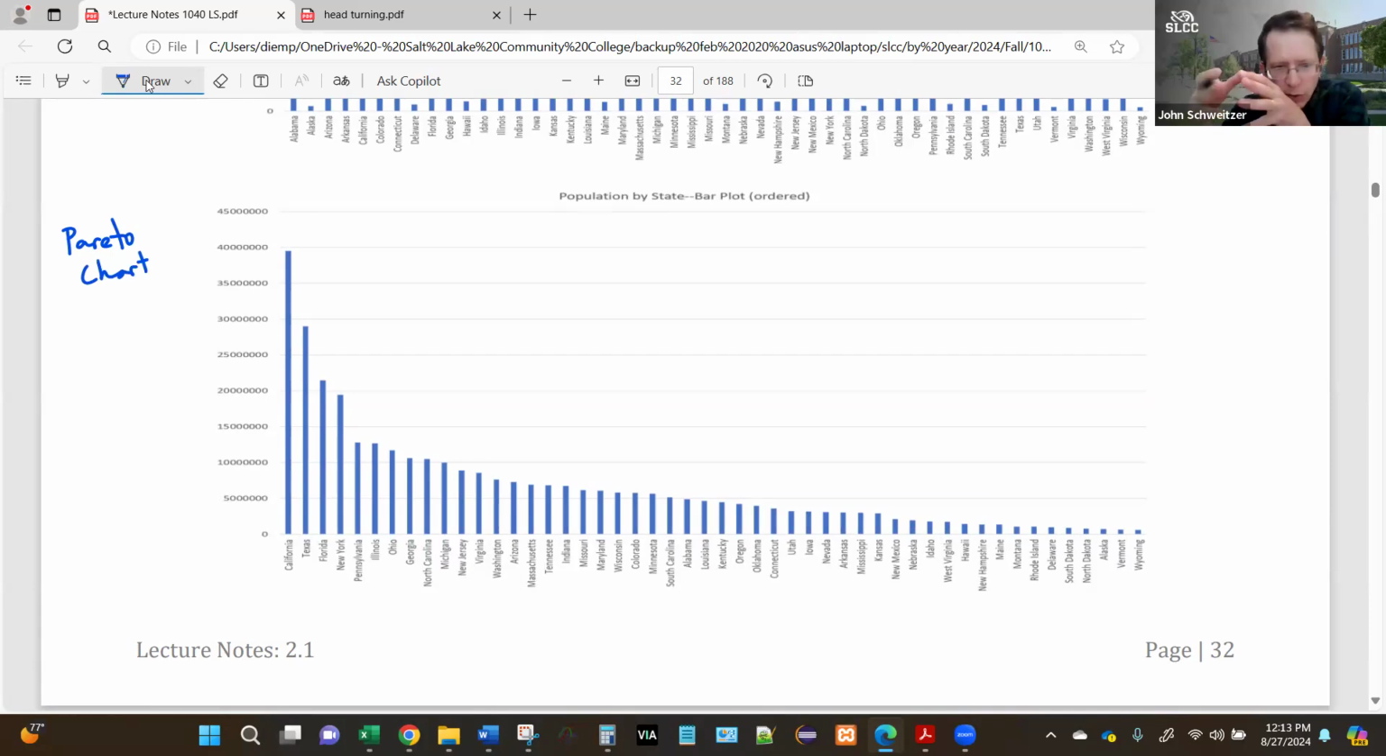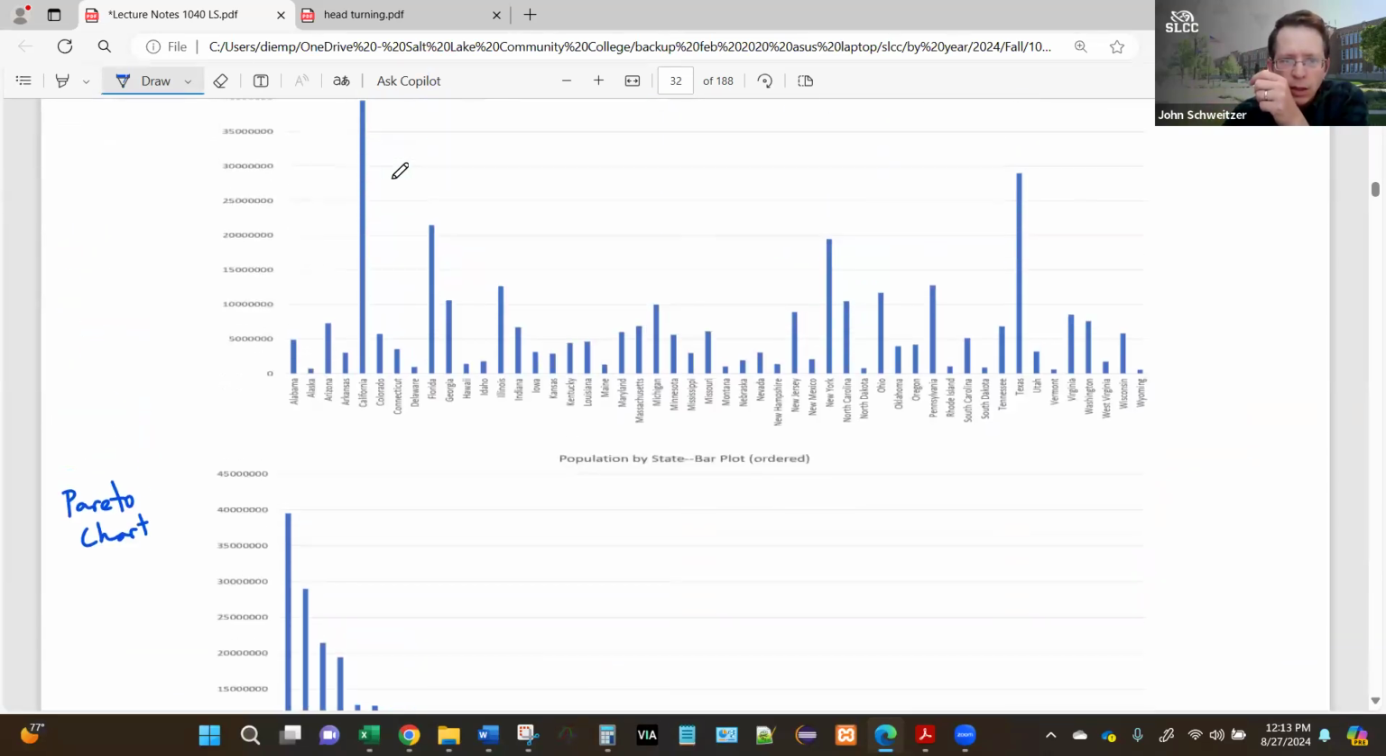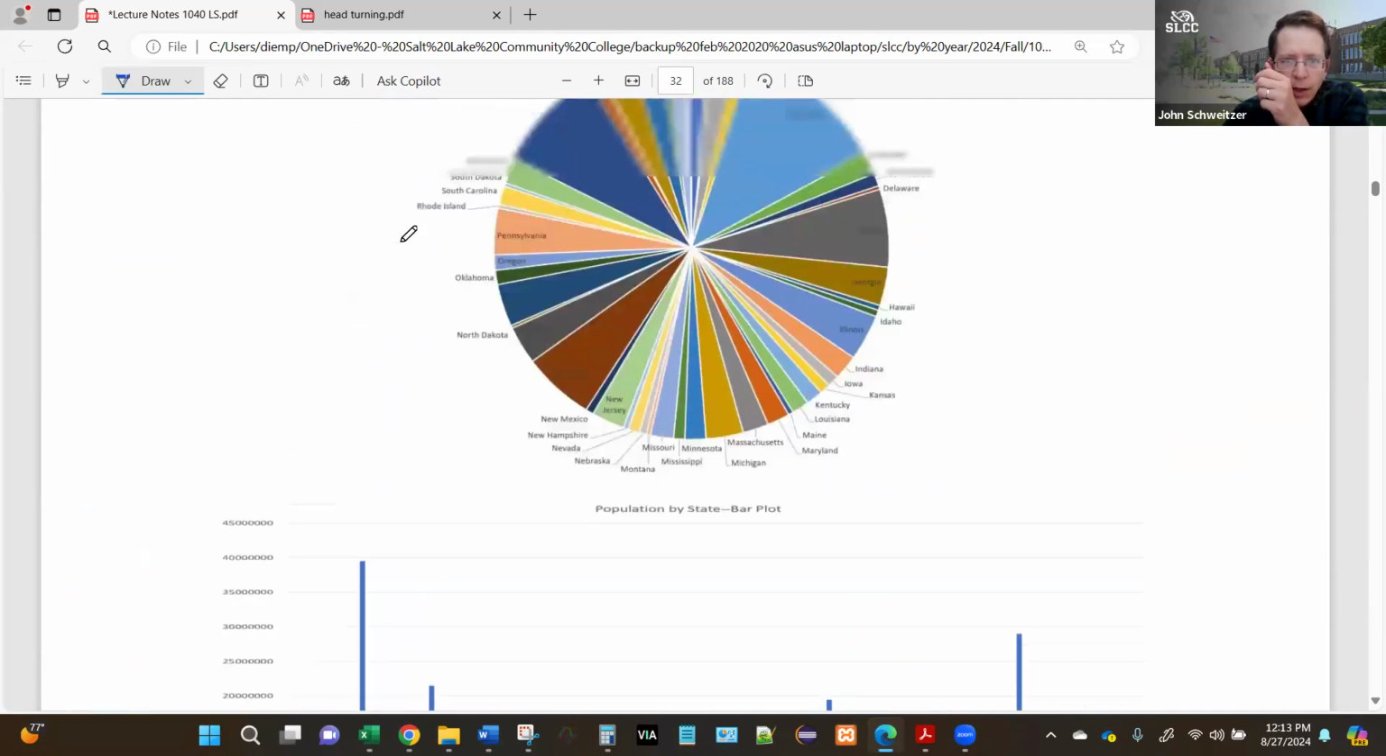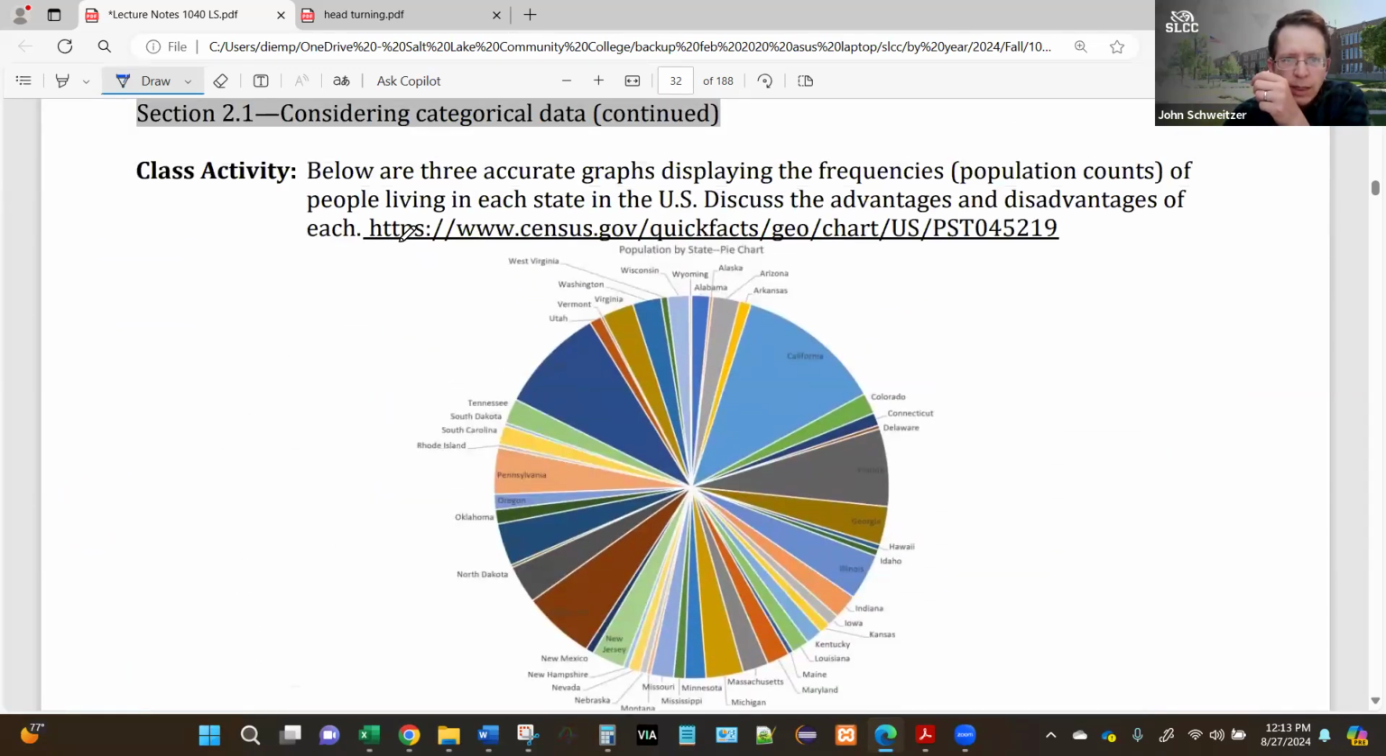Okay, so it's a bar chart, but since the columns are in order, we call it a Pareto chart. It's named after an Italian economist. Okay, so let me go quiet here for a couple minutes, and I'd like you to consider each of these